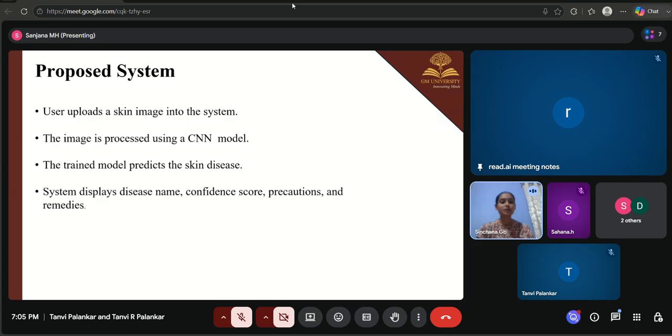Next is the proposed system. The proposed system is an AI-based skin disease prediction system that uses deep learning techniques for disease detection. Users can upload a skin image through the system interface using a mobile phone or computer. The uploaded image is first pre-processed to improve image quality and compatibility with the CNN model. CNN means